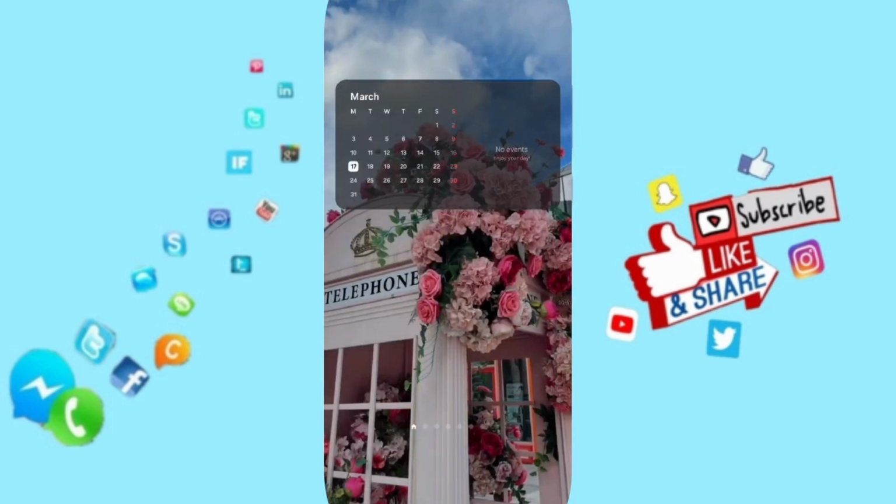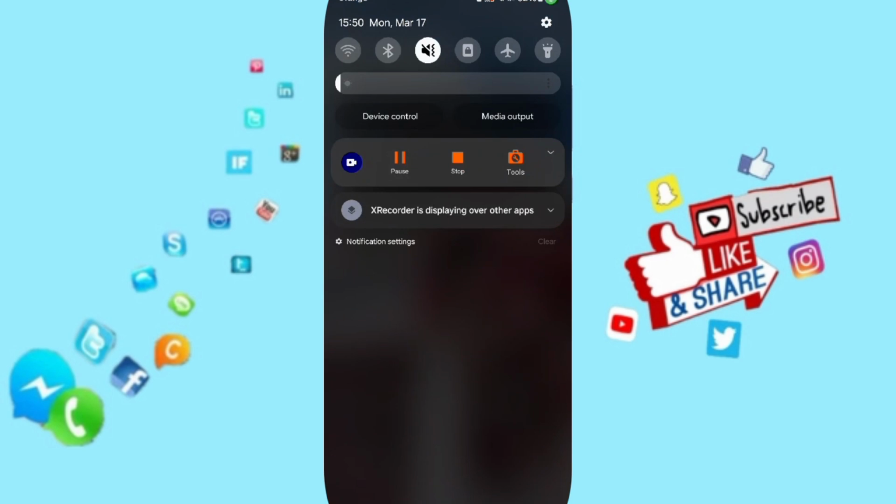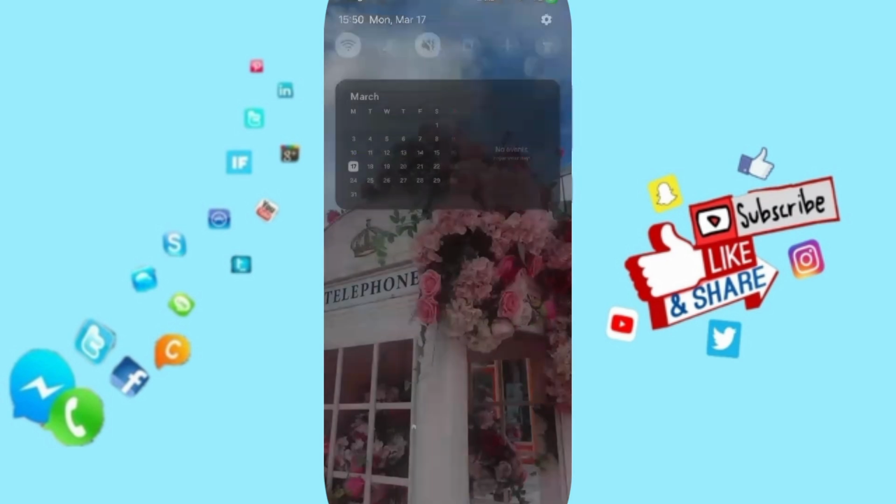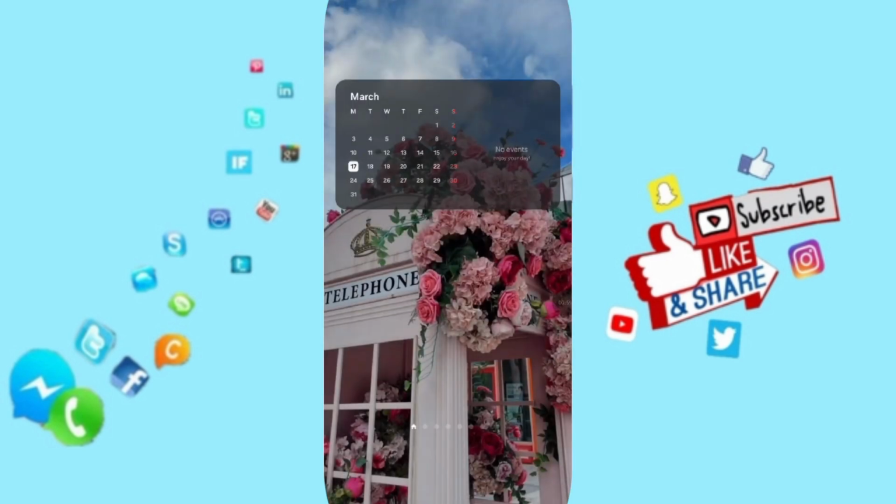In the end, you will turn off your Wi-Fi and you will turn on your Wi-Fi again to fix that problem. So please don't forget